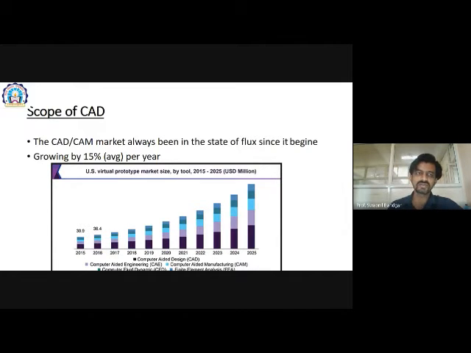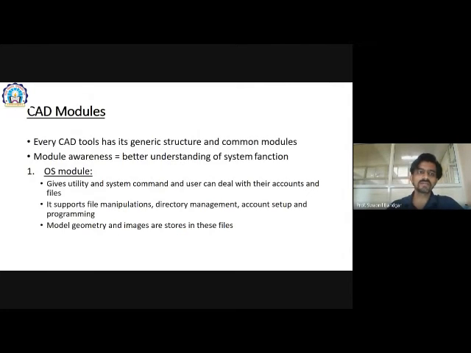So this is the scope of the CAD tools, and there are a number of things still to be incorporated in them. Fully automation is still not possible. There is still a need for labor in a company, so that is also there. So there is no limitation for the scope of the subject.